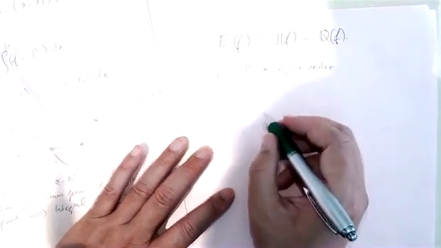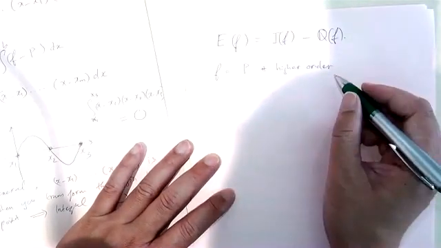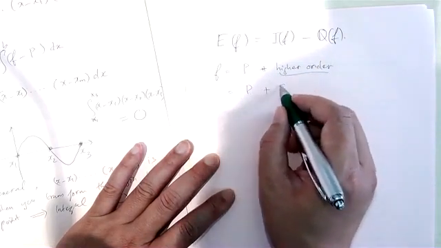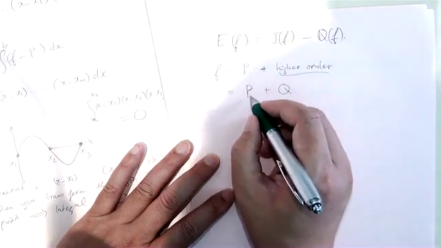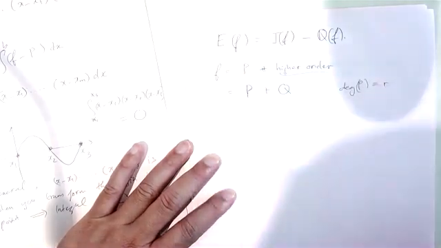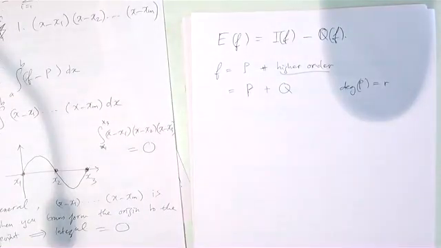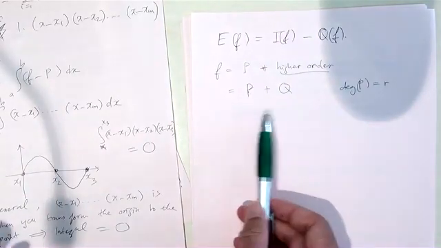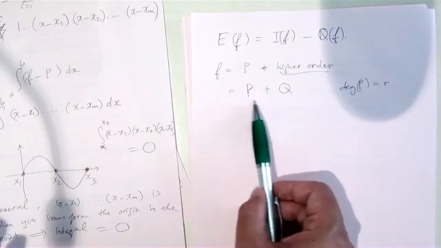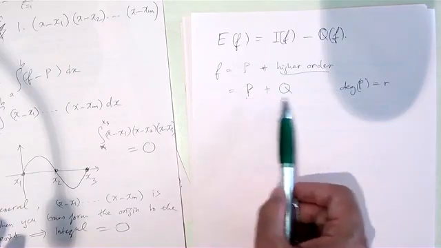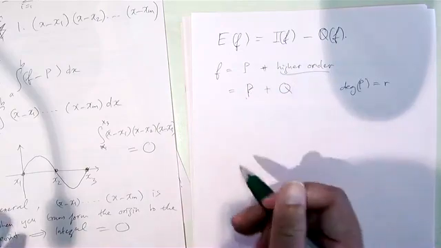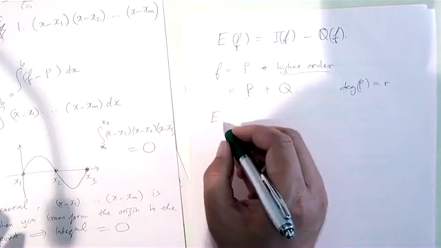Okay, then maybe label it q. So this one is like p plus q. So p is of degree r, so the degree of p just equals r. You can do that by Taylor expansion, right? So with Taylor expansion, this one is a Taylor polynomial of degree r, and this one is just a remainder. So then E of f will be